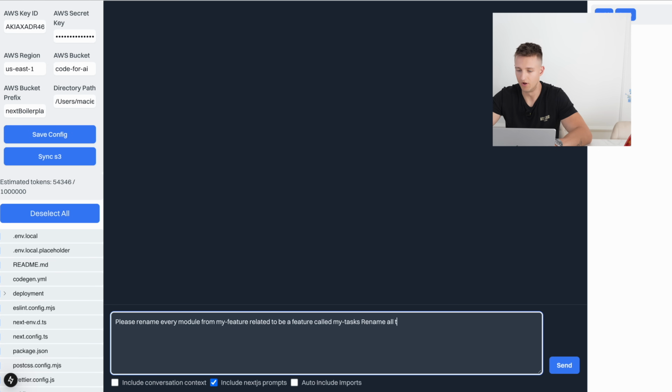Rename all the imports, change my feature root to be my tasks root, and rework everywhere, also in the scripts.